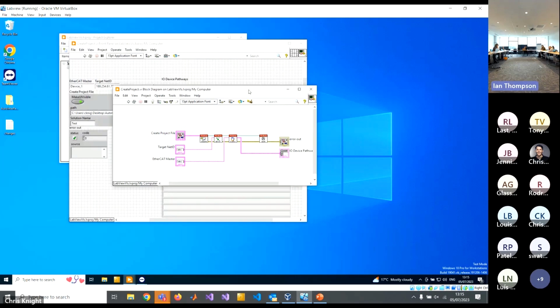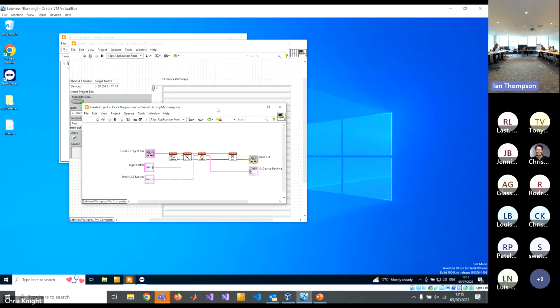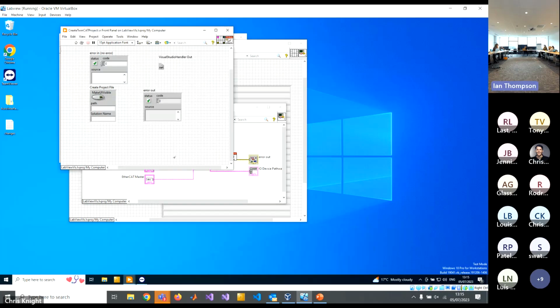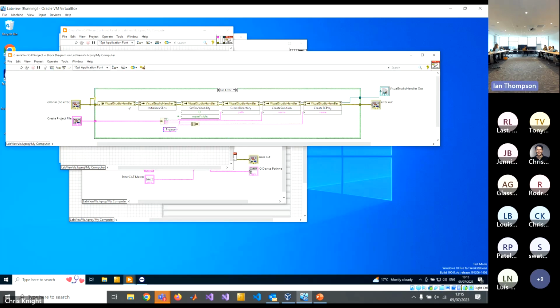So this is a really, really simple little demonstration VI. All it does is make the very first C# program that I wrote in my GitHub repository. It will create a project, a TwinCAT project, connect it to a particular target, so a particular piece of Beckhoff hardware. It will then scan in to see if it can detect any of the IO connected to it, and it will then save the Visual Studio project. That's all it's doing. Okay, so if I was to open up the create VI, we can see in here,